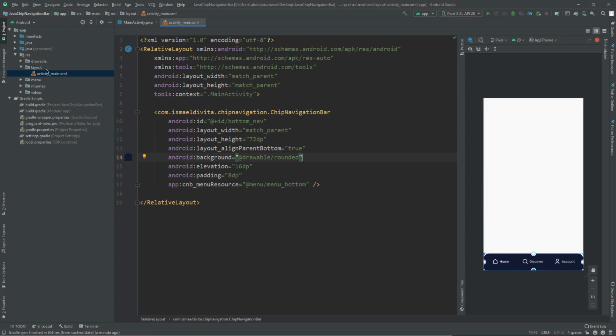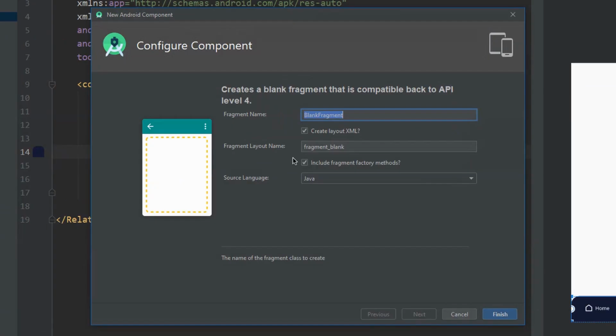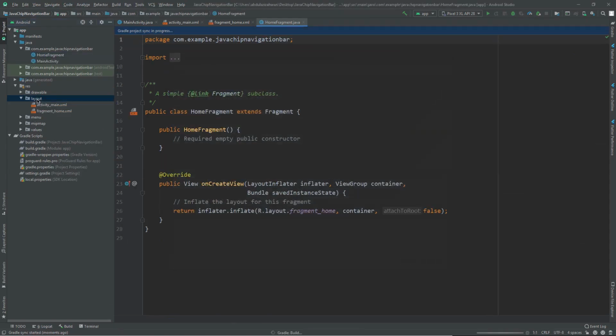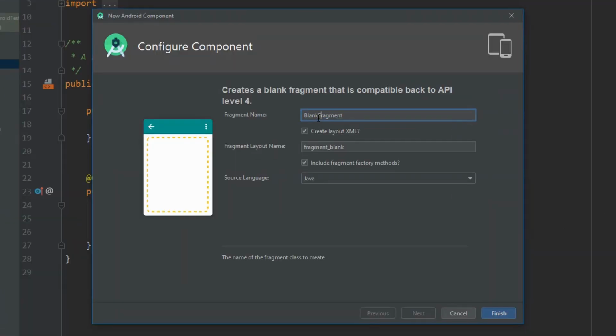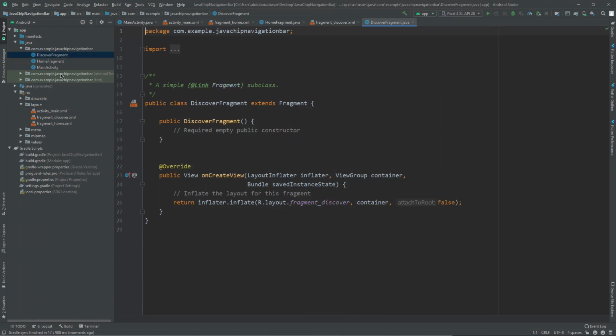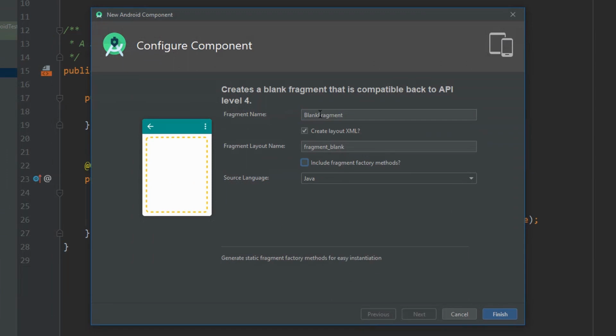So right click here, new, fragment, fragment blank, and uncheck this, and we name it home fragment and finish. And create again, let's say discover, and finish, and one more, and finish.